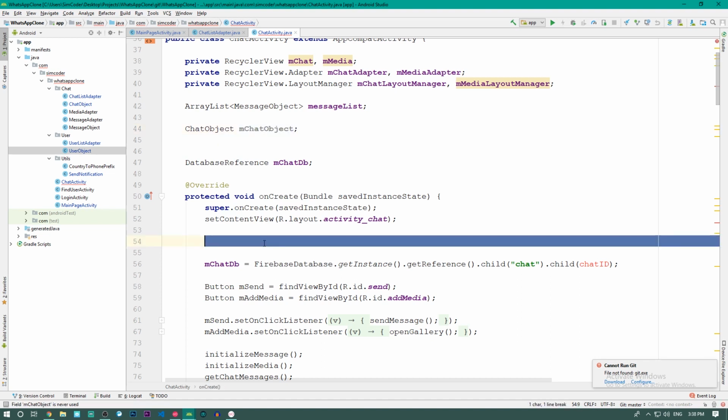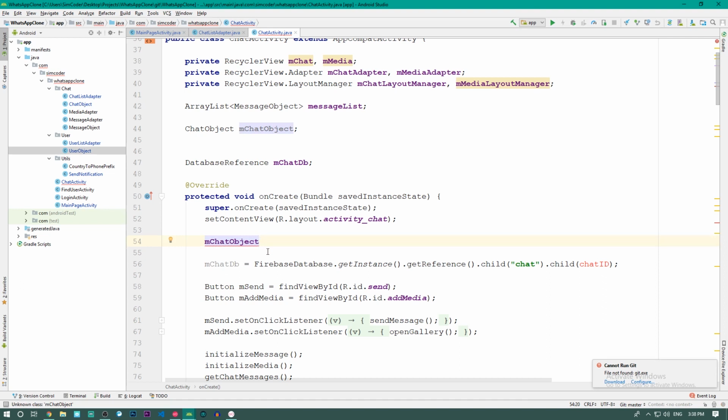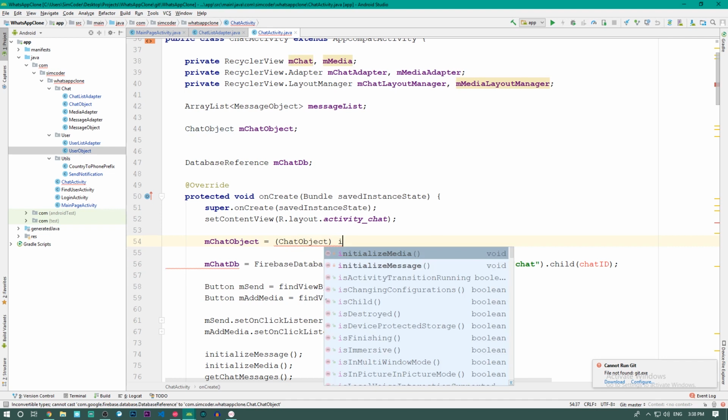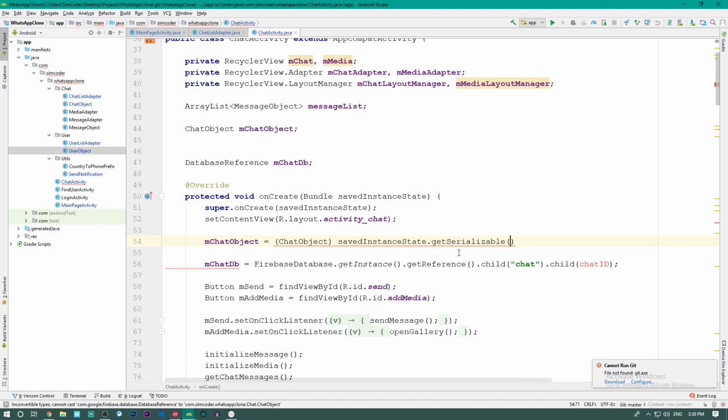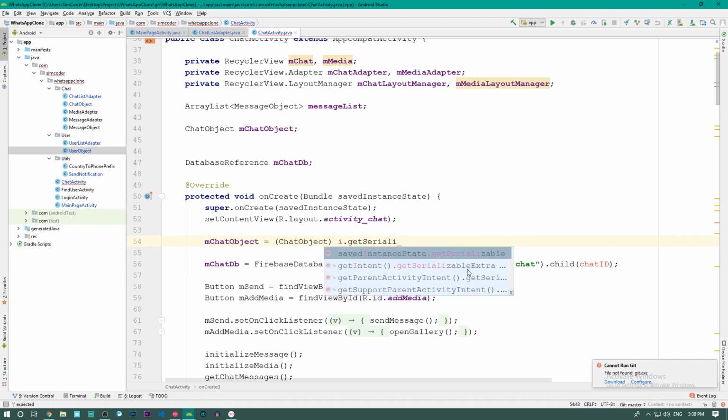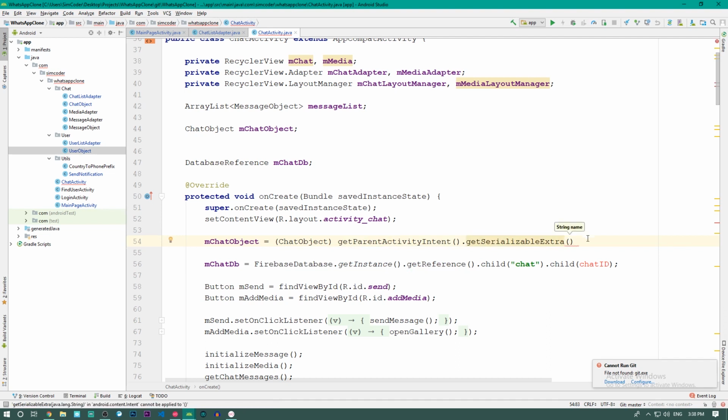Okay, and come in here, and right above we are going to say my chat object equals, between parentheses, chat object I dot get serializable, or how you say that, serializable, no, not that one, dot get,